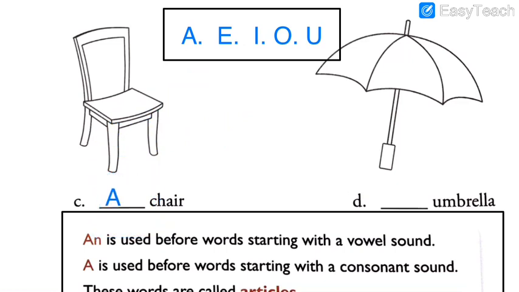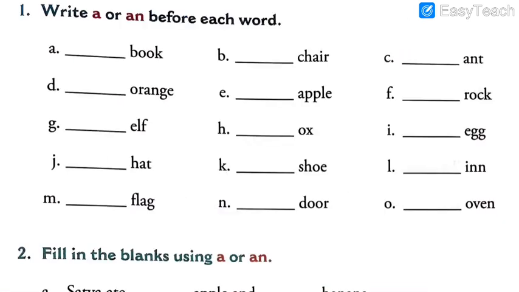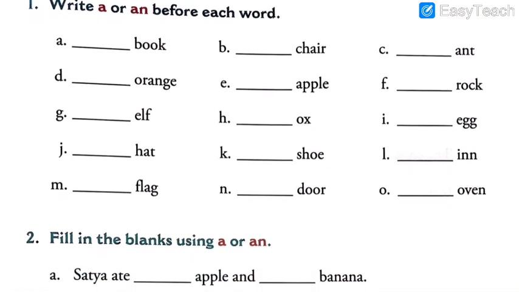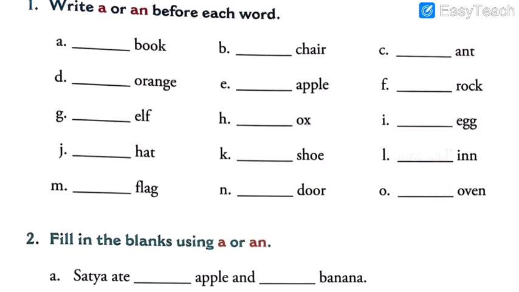This way I hope you understood the use of a and an. Let us solve the exercise which is similar to this warm-up exercise. If you have textbook, you are going to solve it with me. Even if you have rough book, please give the heading Exercise 1, Chapter 2. Then you will simply write answer A, answer B, answer C and so on, and this way you are going to solve it. I hope you are ready to solve this exercise number 1 with me.